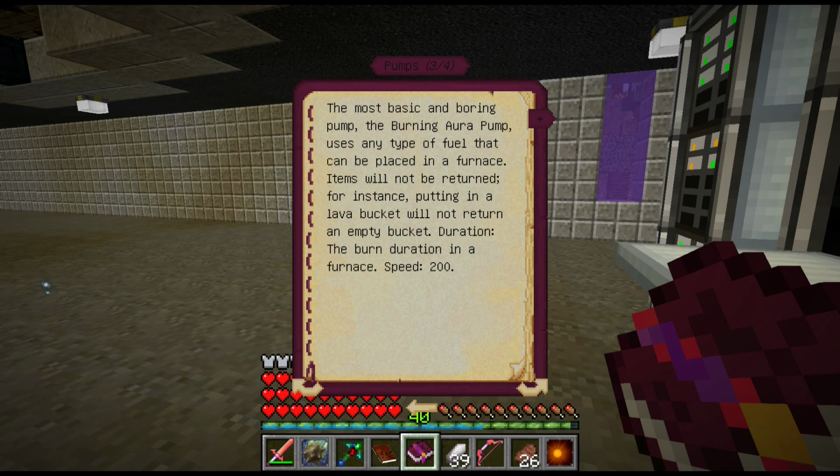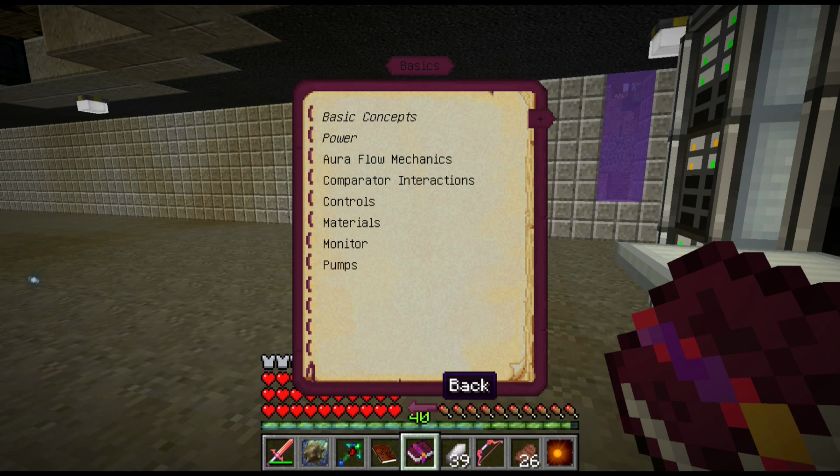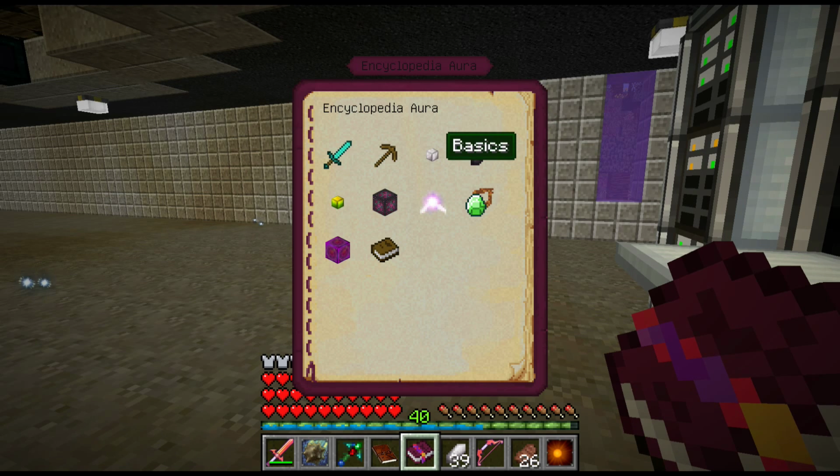Any type of fuel can be placed in a furnace. Item will not be returned. For instance, putting in a lava bucket will not return the empty bucket. The burn duration in a furnace speed is 200, so it's not particularly fast. And if we were to jump out and look at